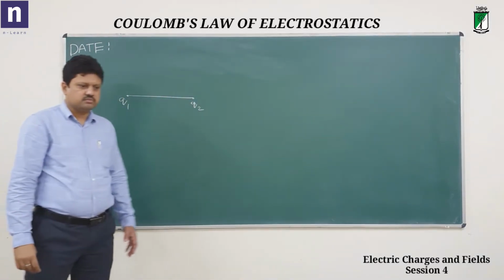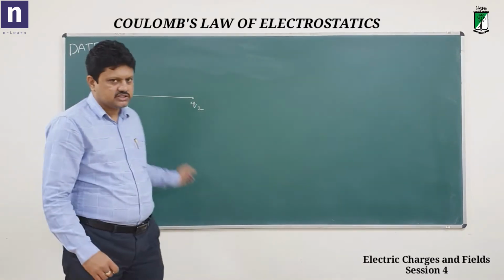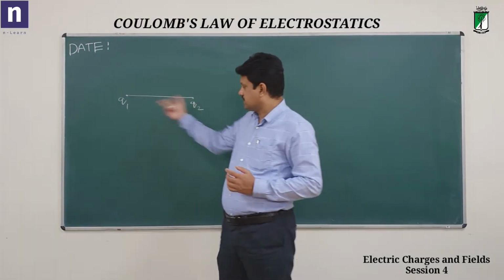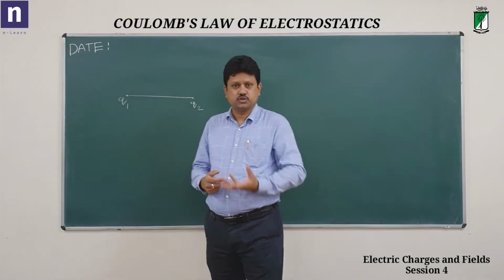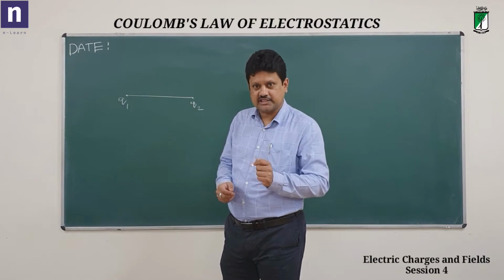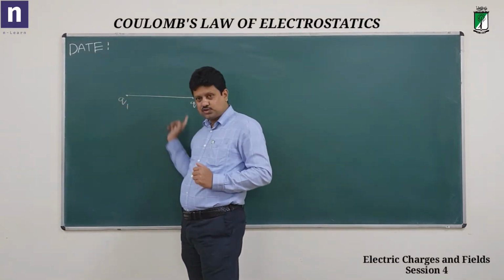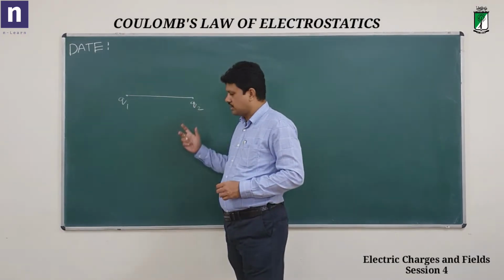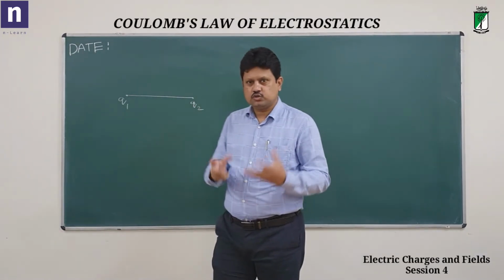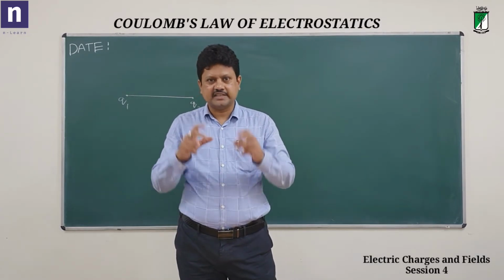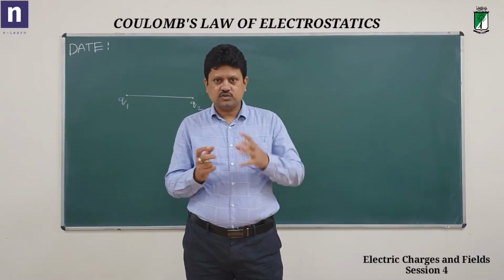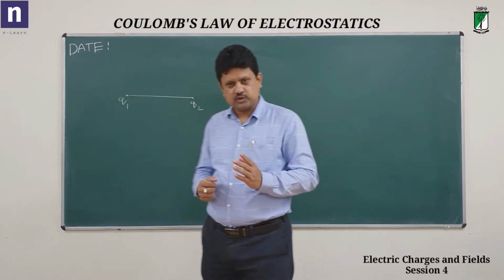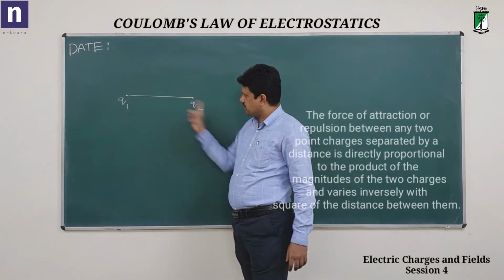Coulomb tried to measure the force between these two charges, and of course when I say point charge, remember two spherical conductors which are charged to some Q1 and Q2 can be considered as point charges as far as the distance between those two spheres is very large. So Coulomb took two charged bodies which are almost identical, and he tried to vary the charges on them, and he tried to find the forces between them,